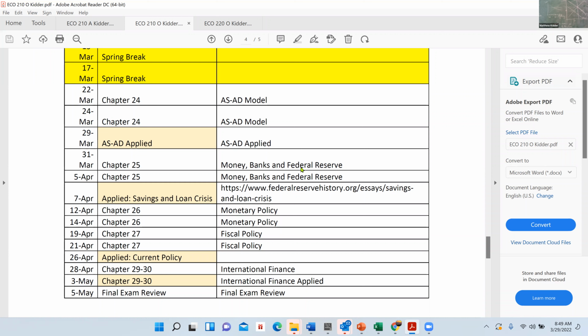And eventually, I guess April 7th, we're going to look at the savings and loan crisis. Specifically, that's looking back at the big interest rate peak, remember? The savings and loan crisis was what was happening in that peak period. We talked about it, and you saw some videos about it in the Great Inflation. That's what's going to be there. So there's a reading for you. You might just jump into that early.